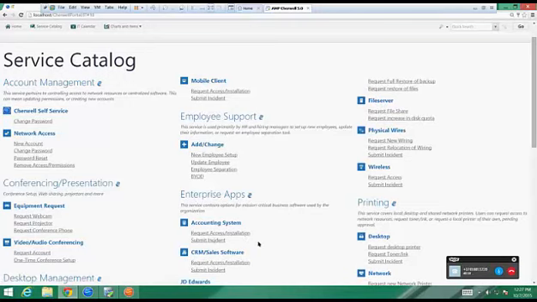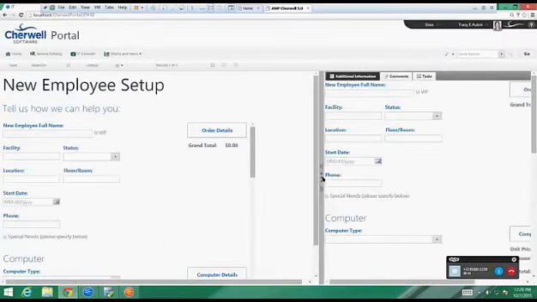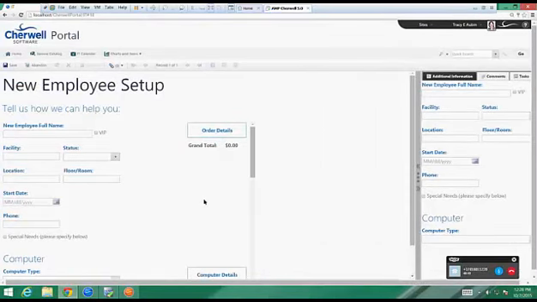And it's important once you get into the fulfillment and the resolution side, because you can have different SLAs and rules depending on whether something is an incident or a request. So I took you from the easiest one, which was helping the customer to prioritize the issue based on the scope and the impact. Where I'm going to take you here is into probably the bulkiest one, and just to show off the capability of collecting information from the end user. So I'm going to take you into a new employee setup. And we're going to see that we have a lot of additional fields that we have presented to the end